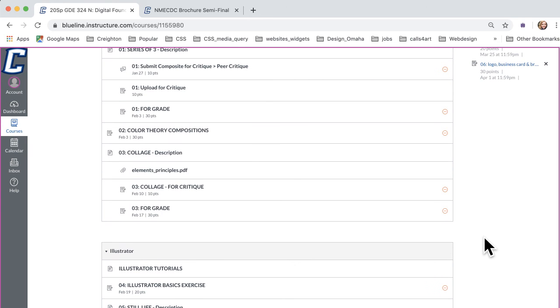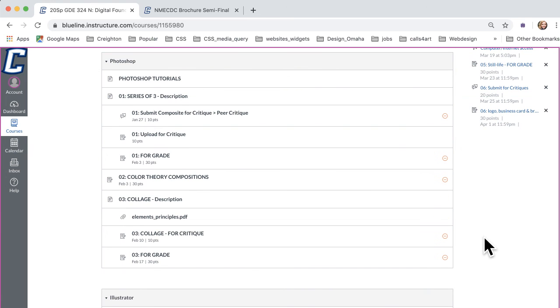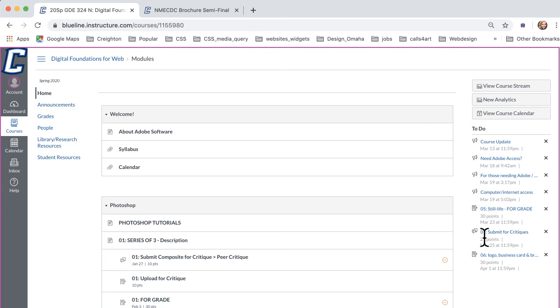And then for those of you who are at this point still without Adobe Access, we are waiting to hear from Adobe as well as the IT people at Creighton. They keep asking us random questions. Hopefully they've got this figured out by tomorrow, and hopefully by early next week we have access. In the meantime, you can follow the link I sent earlier in the announcements about using 1-week trials.